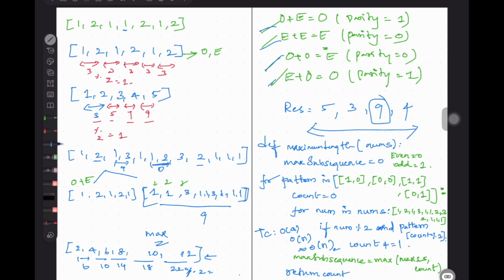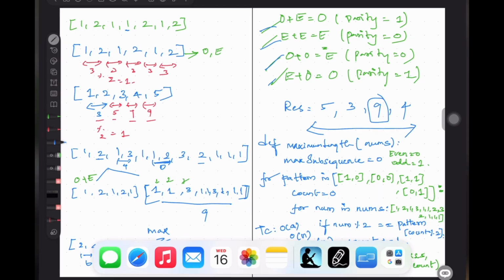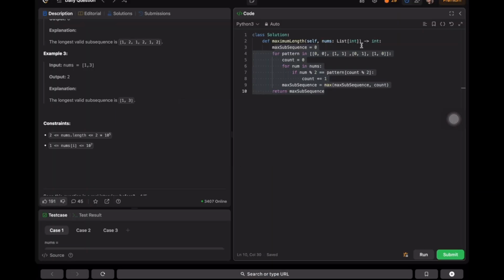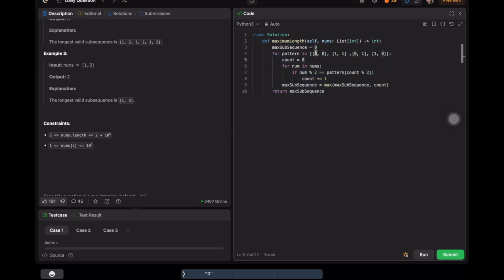One thing here is it should be not equal to. Yeah, this is the exact solution that I used to solve this question. So we are traversing through the pattern of order, checking how much length we are getting, even, odd, even, odd. And we'll be checking what is the maximum subsequence that we are getting for this pattern. So yeah, we are returning the subsequences. Finally, these patterns will have a valid answer.